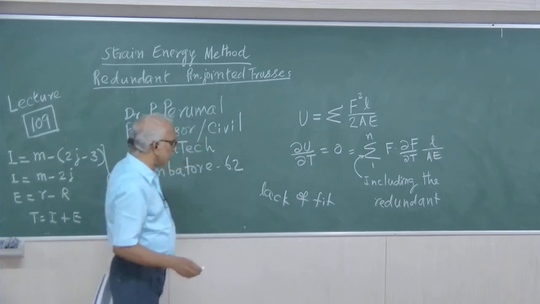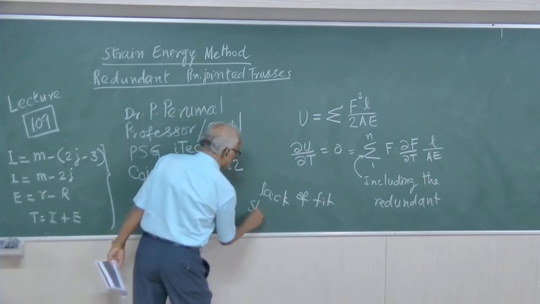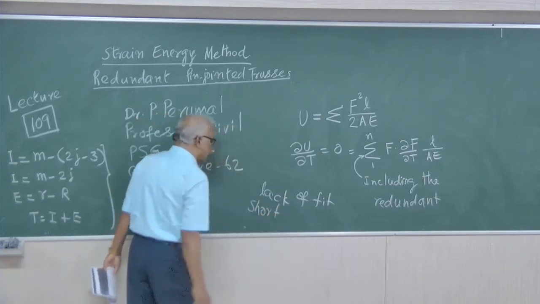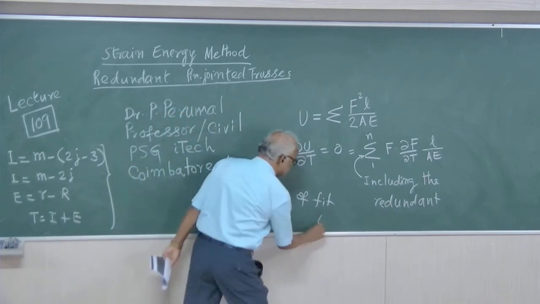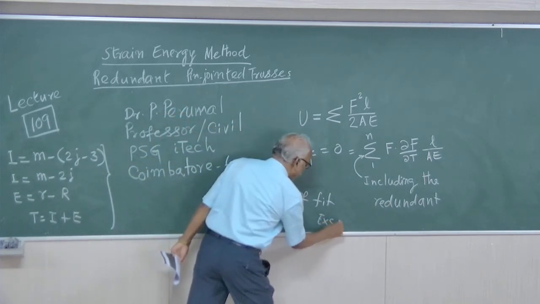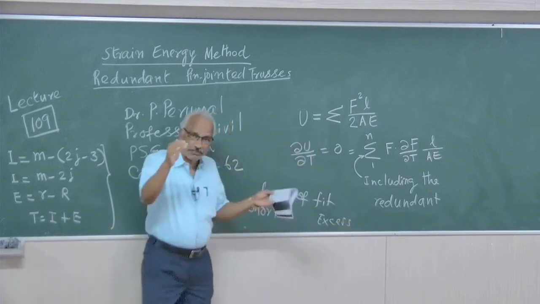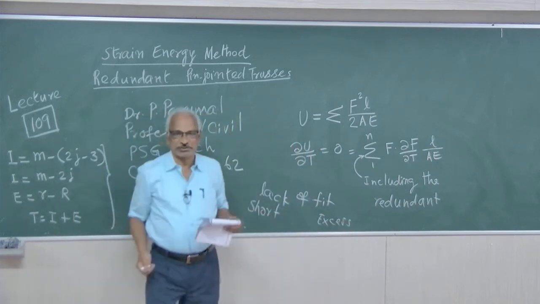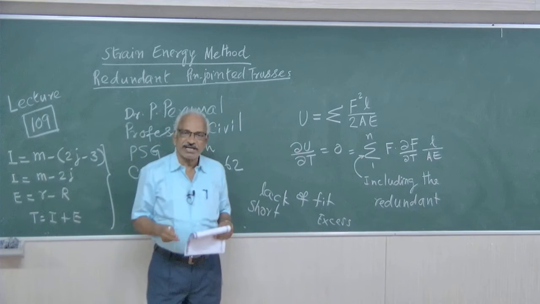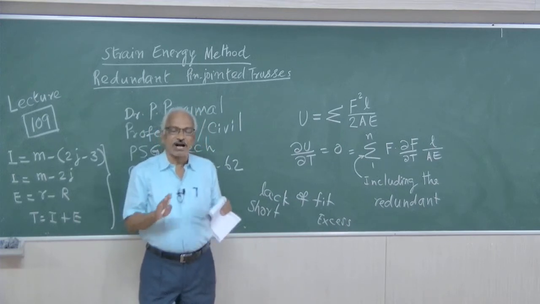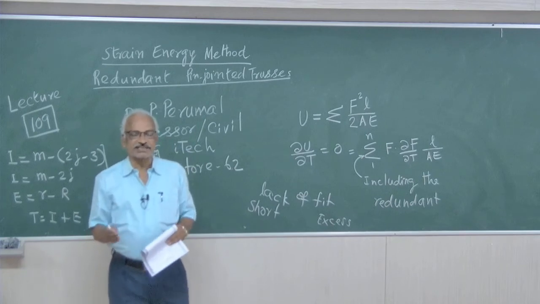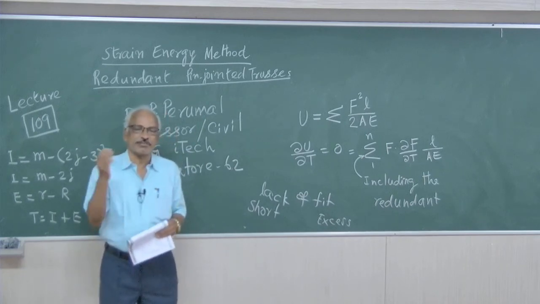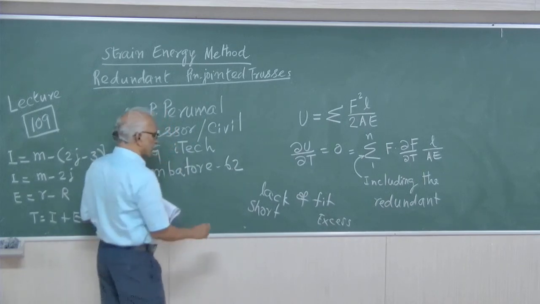So shortage in length means you have to elongate and fix it in position. Suppose it is excess in length, then we have to compress it and fix it in position. So anyway, it will have lack of fit. Instead of 4 meters, maybe less than 4 meters, or maybe more. So this is one type of problem.